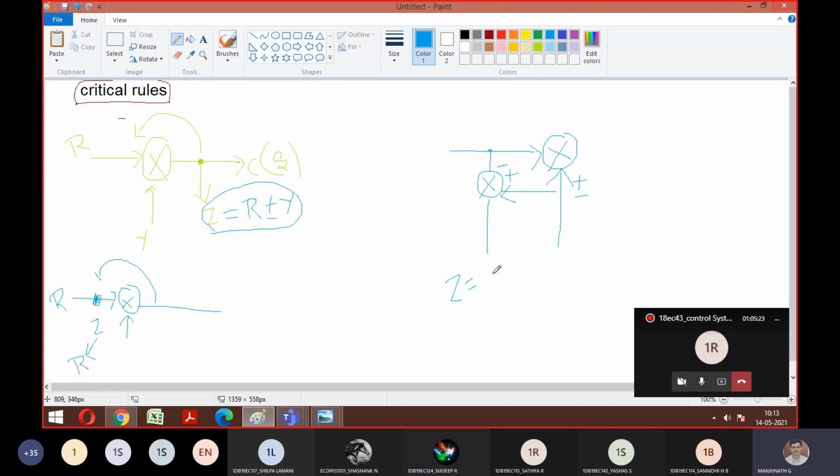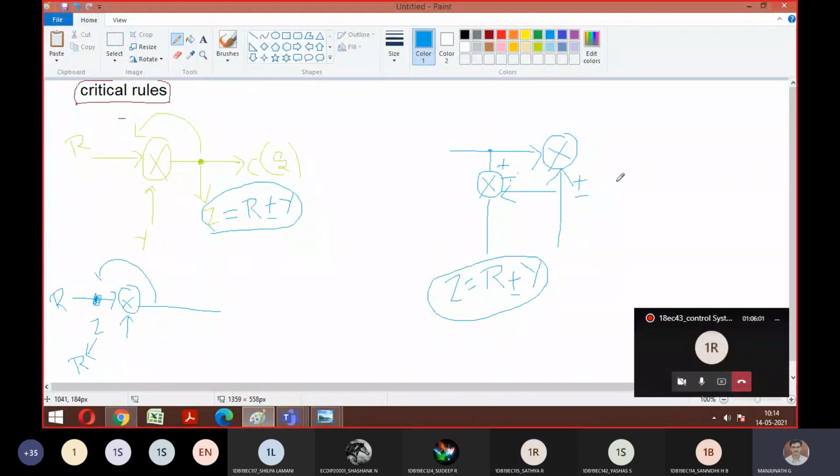Minus. So you will get R plus or minus Y if you do like this. We need to take plus minus. That is why I asked. See, in the earlier category, rule number 10, we wanted to subtract, so I took minus plus and Y got cancelled. Here if you take minus plus, again Y will get cancelled only. So you should be very careful with this. That's why I asked purposefully. So this should be plus minus only.